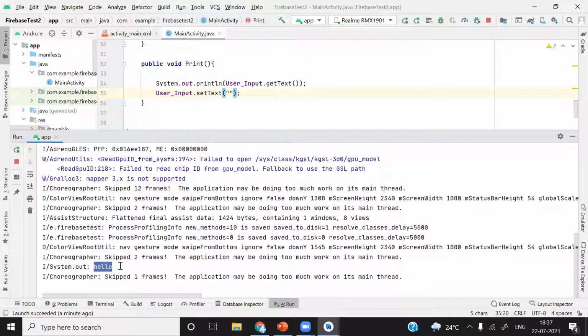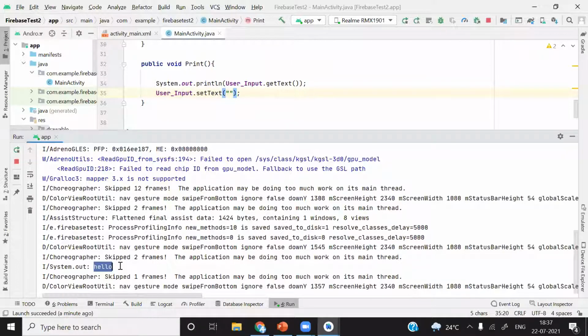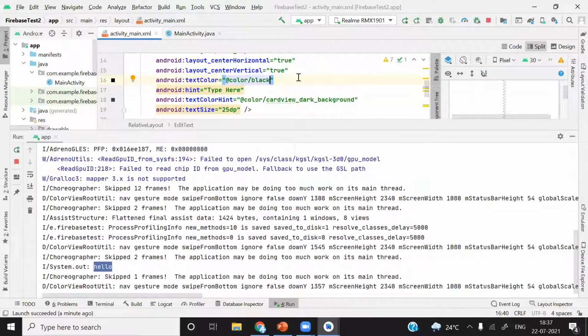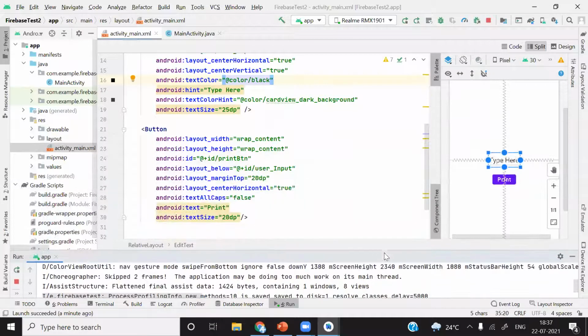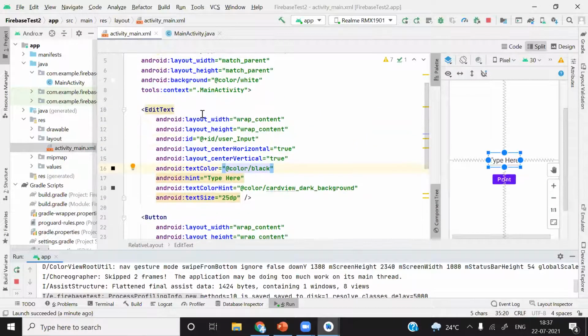You can see the default hint here. I will give another input as embedded systems. There was one property I already discussed: wrap content, width equals wrap content.